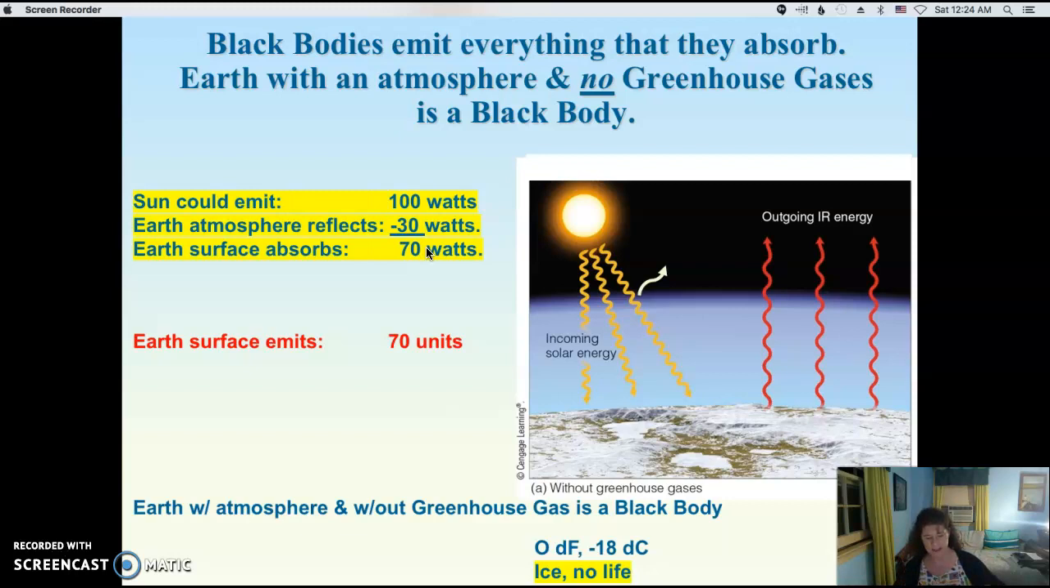The Earth's surface is taking in everything that it can, and it is emitting everything that it can in an atmosphere that does not have greenhouse gases. The Earth would be a black body, but we wouldn't be living there because everything would be ice, and we can't have sustainable life with ice everywhere. We live on this Earth because we have 3 phases of water. So in terms of that, let's look at